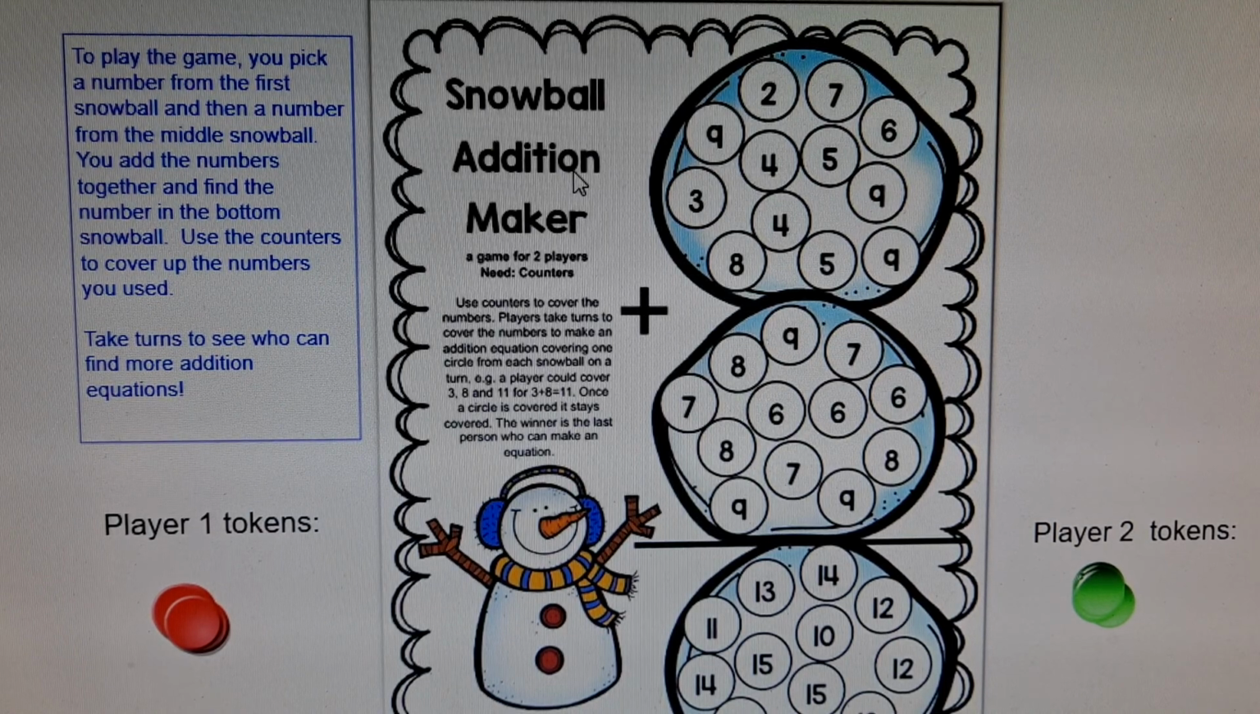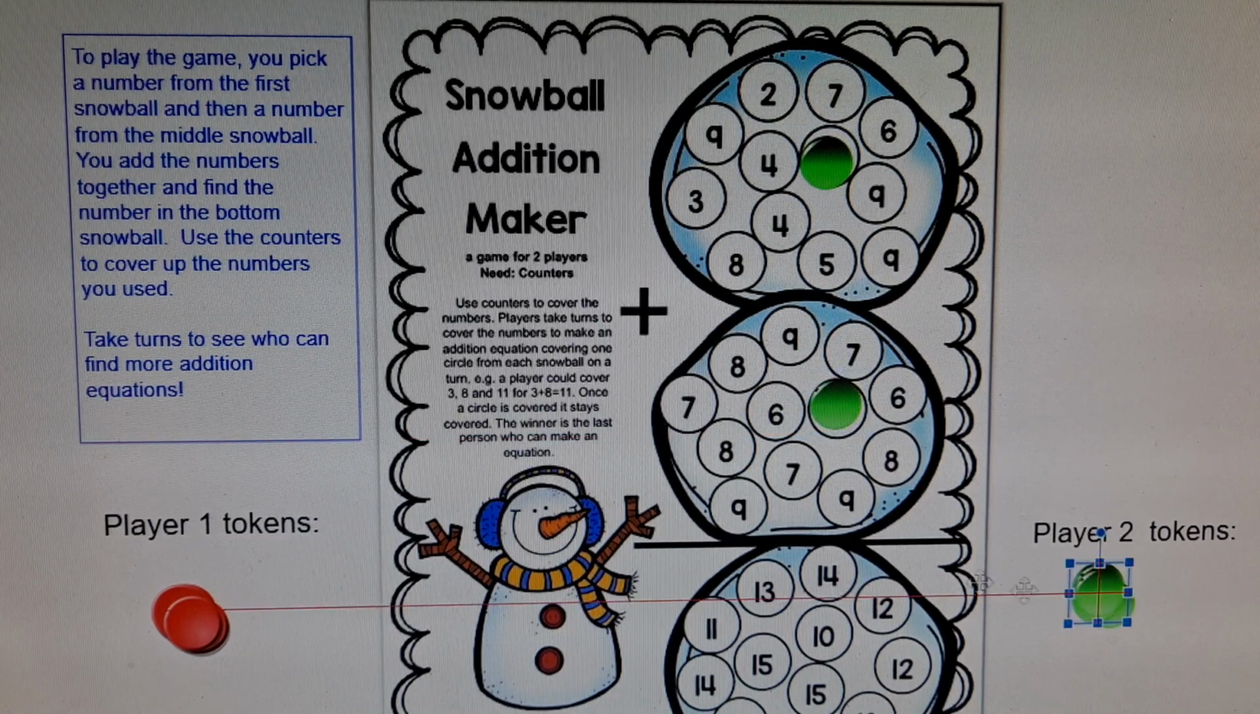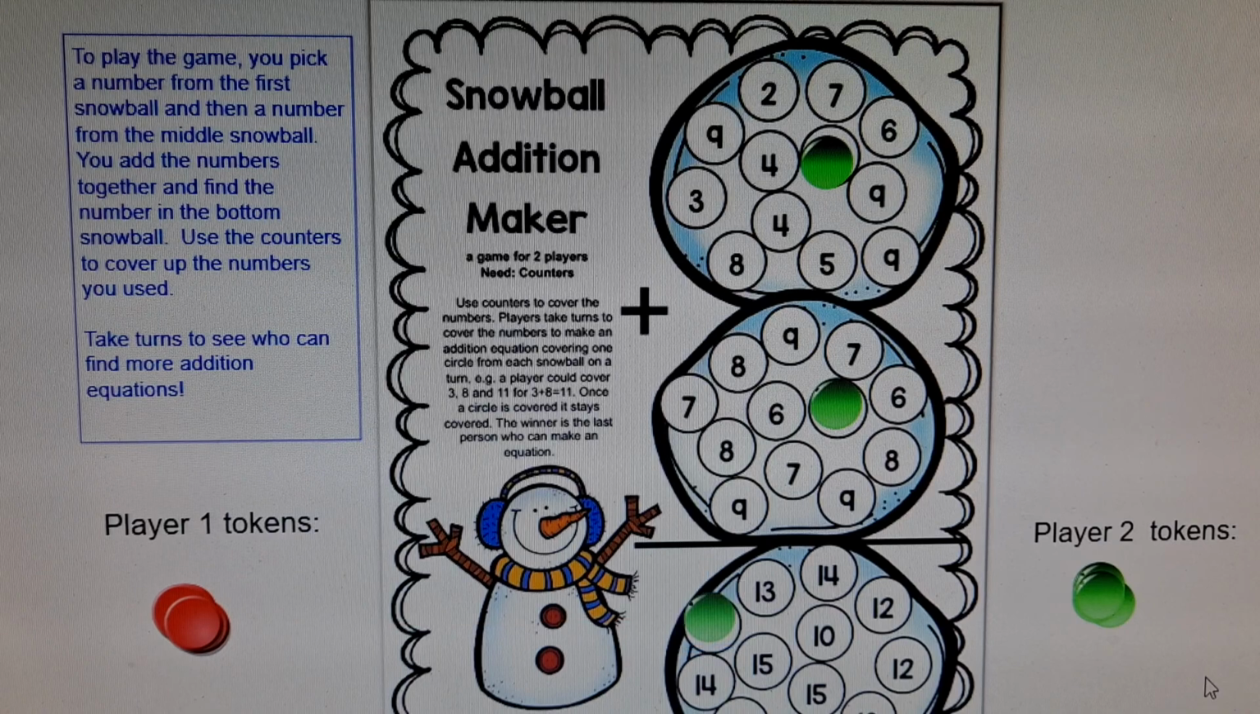Play with each other, or just do it on their own. You find a number here, add it to a number here, and then find whatever the sum is down in the bottom snowflake. So for instance, if I took my green token and put it on the 5 plus 6 equals 11, I would cover those up because I've used those numbers. Then the other player would use the red tokens and maybe say 3